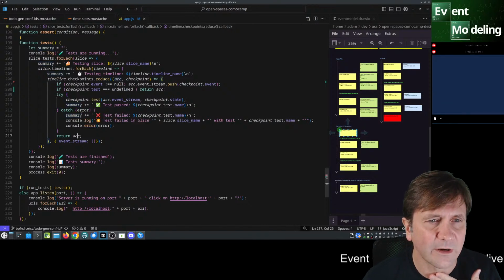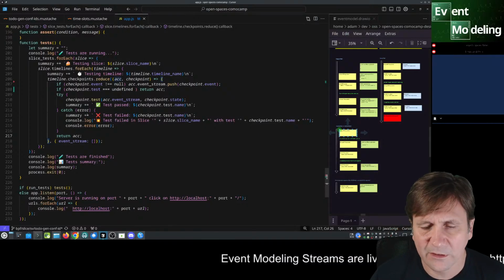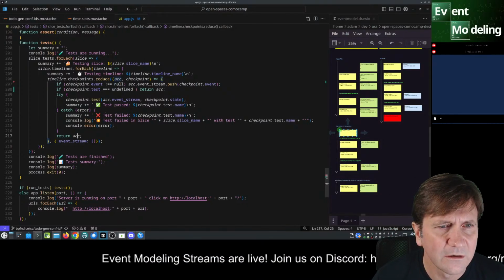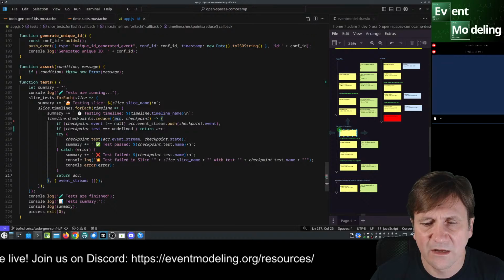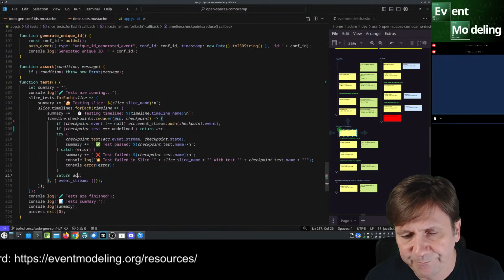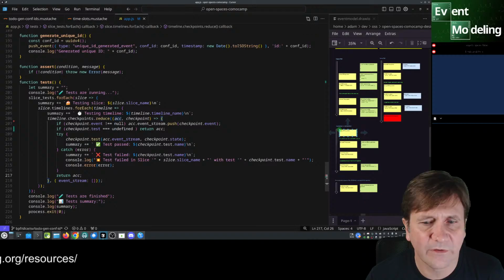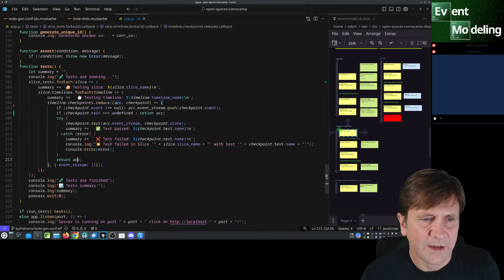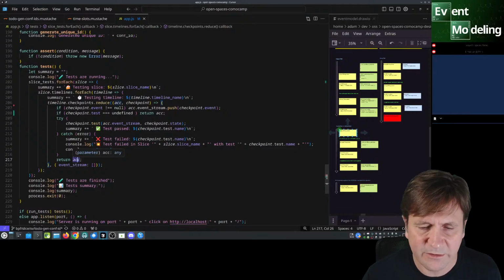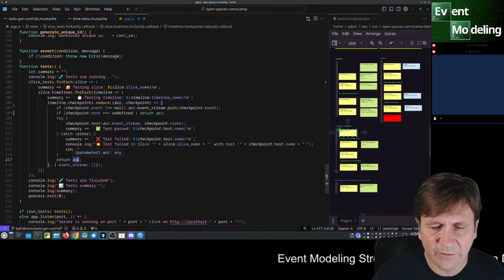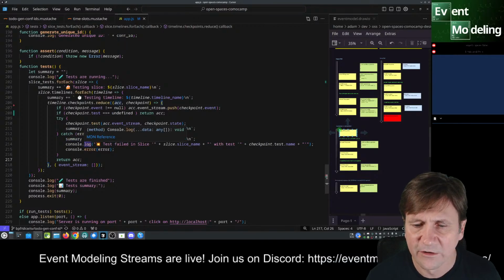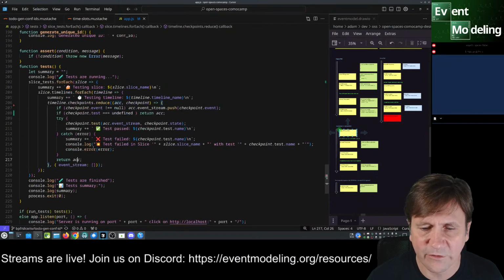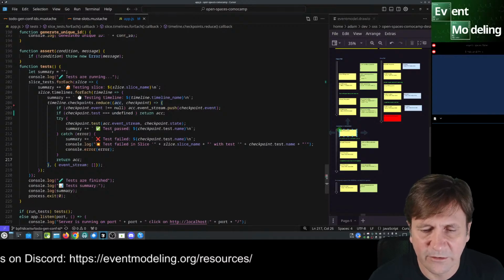Obviously, we have try catches. We don't currently have an expected exception, which I could easily write. I have an assert, so I could say assert that throws or something. Whatever. I don't know if we could play around with that, but the amount of code here for a test runner is ridiculously small. So don't sweat it if you can't use JUnit or Mocha or whatever you're using. Just write your own. It's pretty easy to do this stuff. And the reason that you don't need a lot of functionality is that all of these things are pure functions, so it's not super hard to understand what's going on.